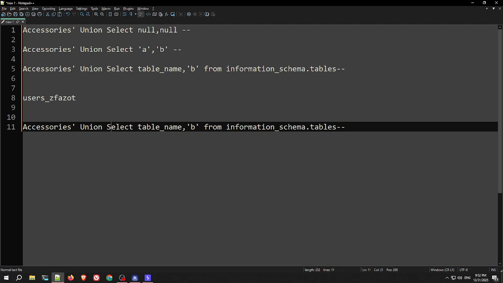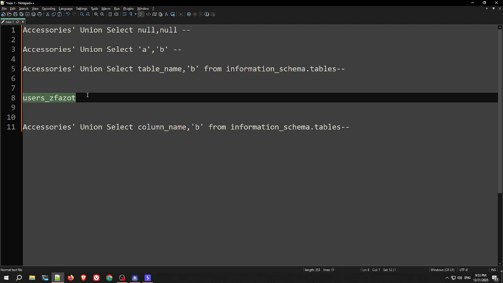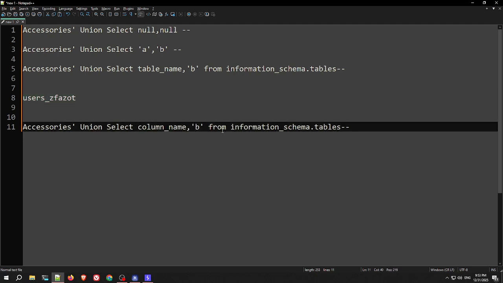Now we have the users table, so we can use the outputted column names to retrieve data from the table. So union select column_name from information_schema.columns